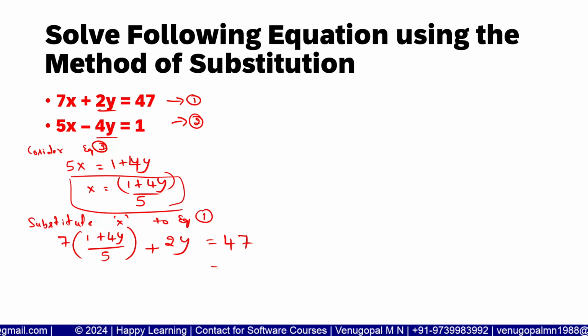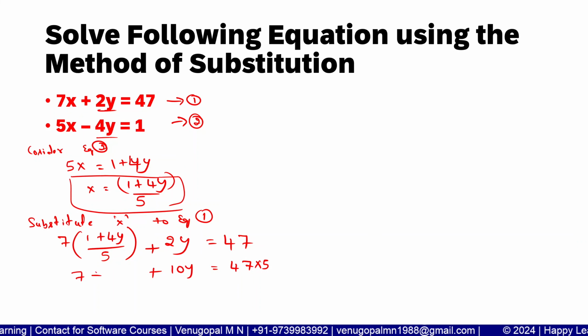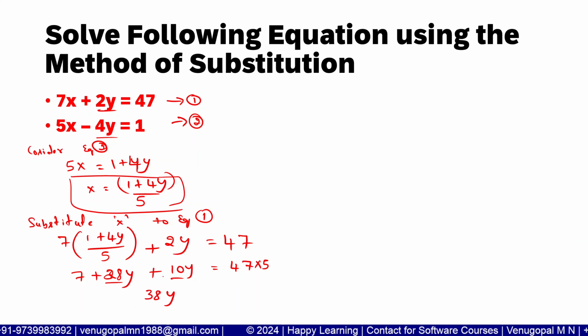So what will happen? 47 into 5; 2 5s are 10y, plus the denominator will be removed. So 7 plus 7 4s are 28y. Okay, so now 28y plus 10y is equal to 38y, and